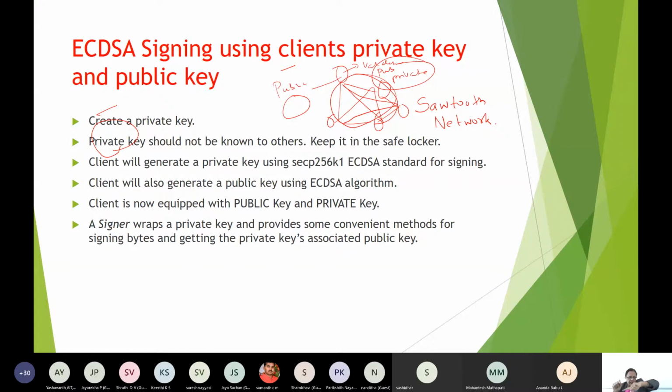Okay. Then the other actor involved in that whole Sawtooth network, that hexagon network I can say, that is the blockchain Sawtooth network, is the network operator. It is the network operator which manages that whole Sawtooth network, determines and coordinates the network characteristics. Okay, what are the network characteristics? The first network characteristic is which transaction processor is going to be run.